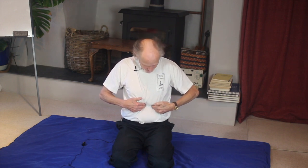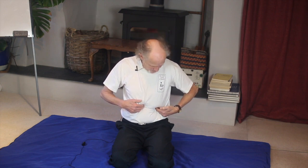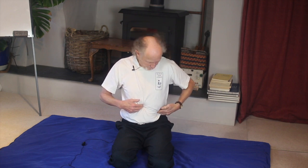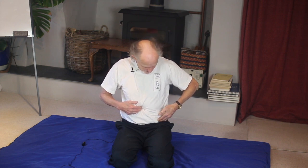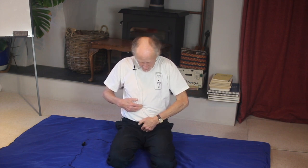We could call this the 12 o'clock position. Then under the left ribs, find your lower ribs, fall off them. That's in a clock, 1 o'clock, 2 o'clock, 3 o'clock in your side. This is actually on the large intestine. 4 o'clock, 5 o'clock inside your hip on the large intestine. 6 o'clock,